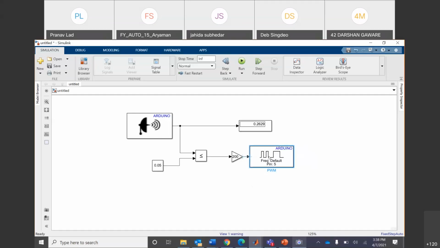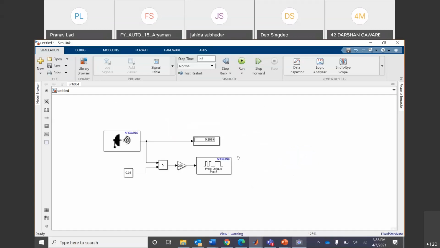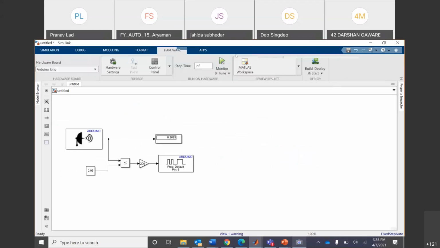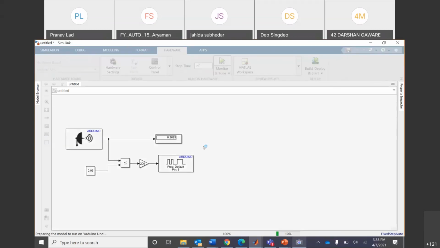So this is how we have created our model now, and let us again just deploy and see what we get. I'll again open my camera, but before that let's deploy it here. You see it's building, compiling, it will connect. Okay, one thing I think I have missed doing, let us see what that is.